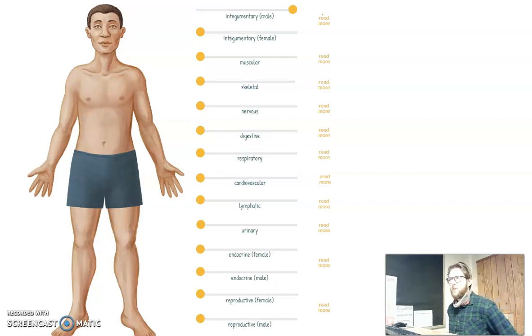Hey guys, so in this video we're going to talk about organ systems, and we're just going to introduce each organ system individually. We won't go into too much detail about how the organ systems work together. That will be in a different video. However, we're just going to talk about each organ system individually, and I'm going to use this really cool resource